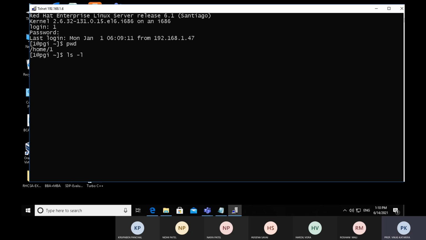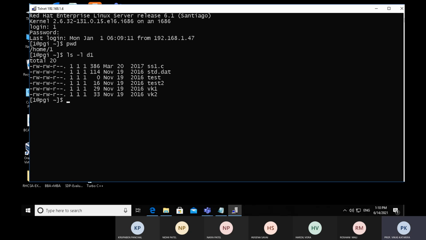ls -l, first of all, check is there any directory d1. Yes, so cd change directory space d1. ls command. Now there are some files existing in the d1 directory.